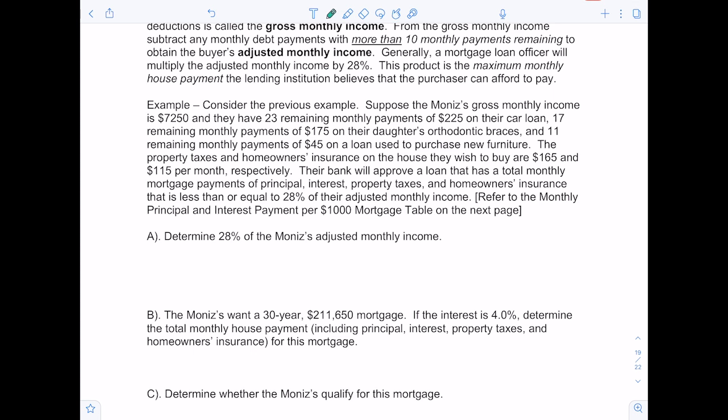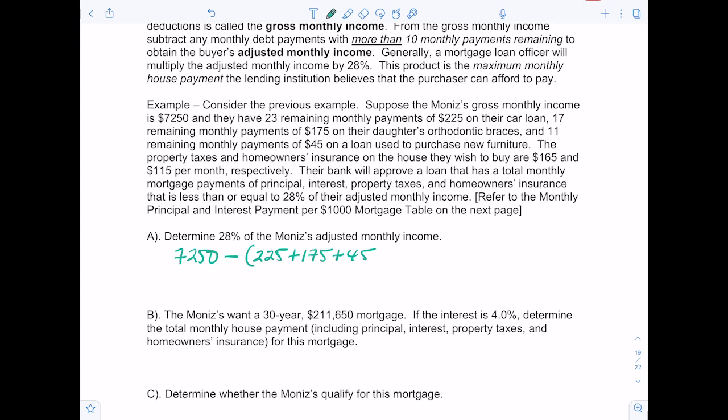So in order to do that, we're going to take their gross monthly income, which would be $7,250. So again, that's before any deductions come out of there. And we need to take away any of their expenses. So we know that they have $225 a month to pay for their car, and then they have $175 a month to pay for their daughter's braces. And then they pay $45 a month